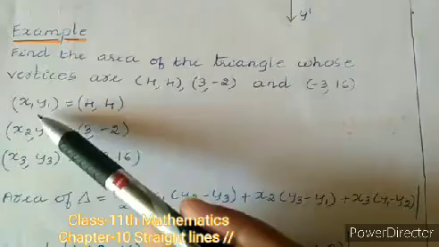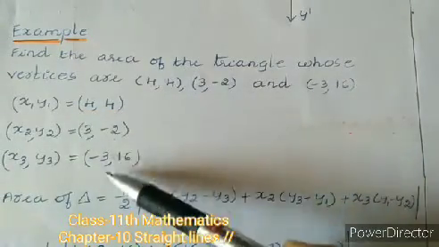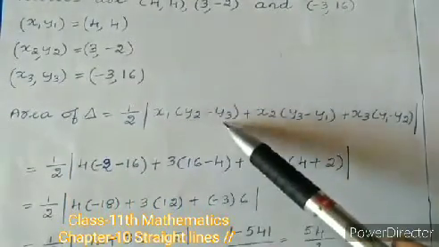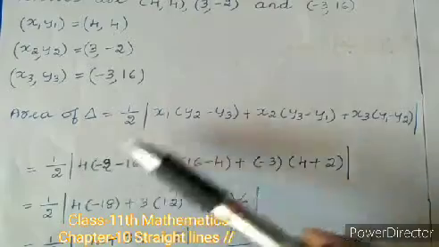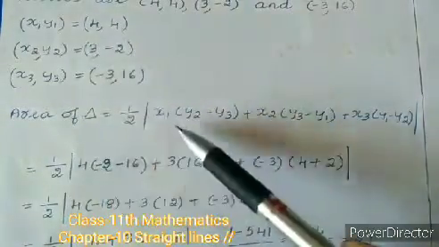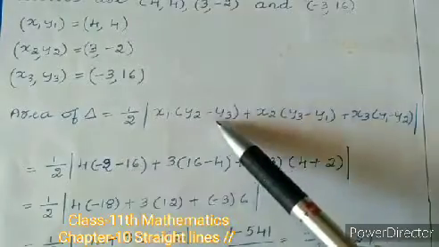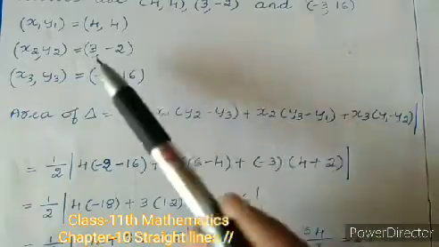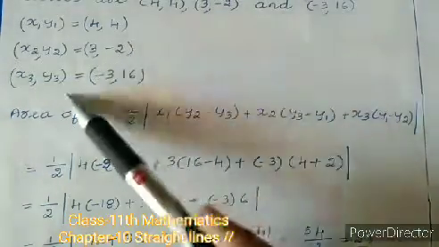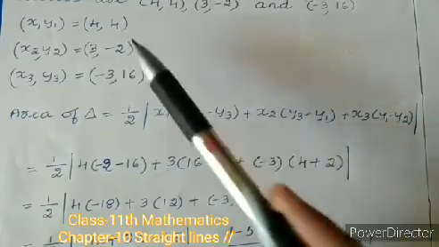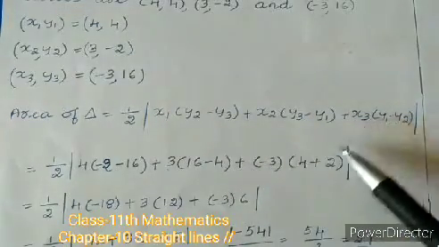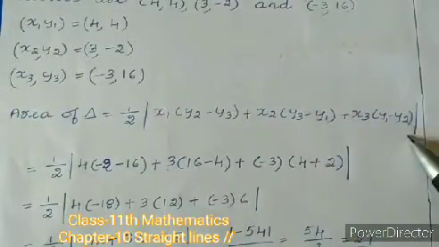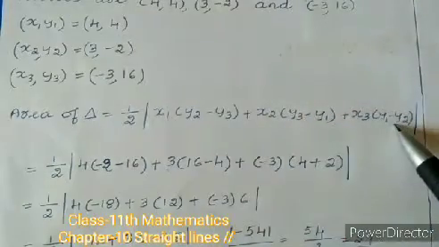So now let us take this one as x1, y1, this as x2, y2 and this as x3, y3. If you replace the values in this particular formula, then here we get half modulus x1 is 4, 4 into y2 is minus 2, then minus y3, we have here 16, so minus 16, plus x2 is 3 here, 3 into y3 is 16 minus y1 is 4, plus minus 3, x3 is minus 3, then into y1 is 4, then y2, that is minus 2, already we have a minus sign here,